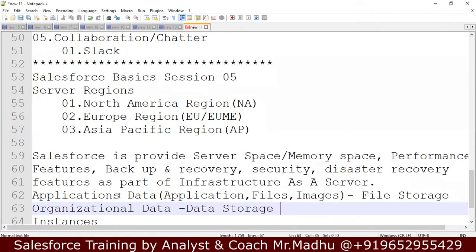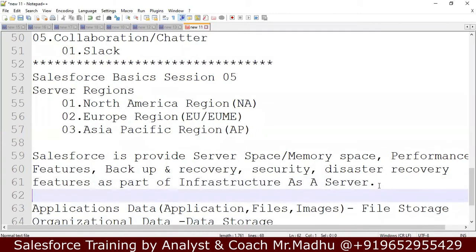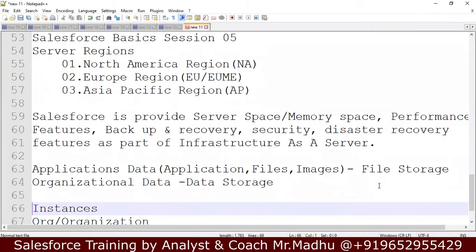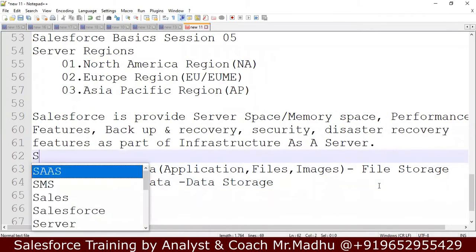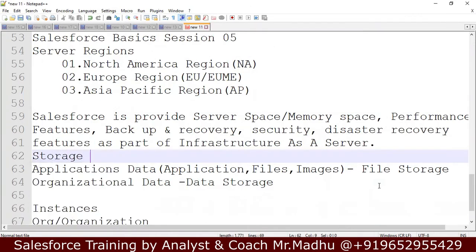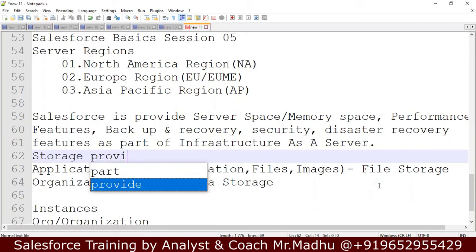These two kinds of storage are available in Salesforce. If anybody takes Salesforce services, storage is provided in two ways. One is file storage. The second one is data storage.